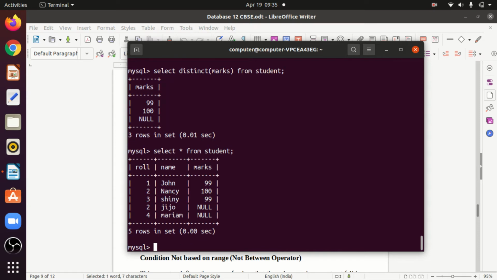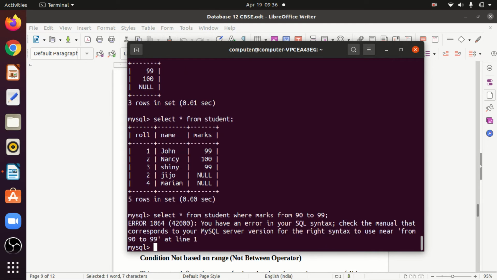If I want marks between 90 and 99, select star from the student table where marks between 90 and 99.